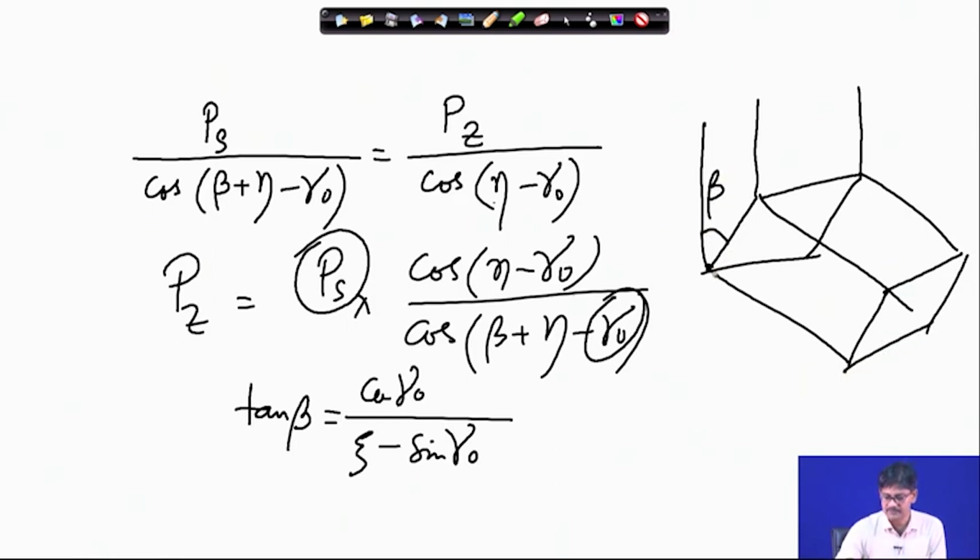What is this angle? This must be equal to eta, if you remember, eta O. So in that case there is this particular section which is undergoing shear. What is this section equal to? So if we look at the figure,